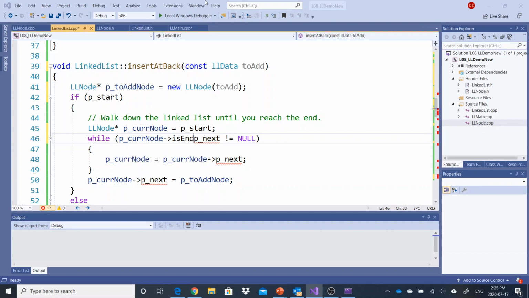as long as I'm not at the end. So I can put a not on the front. As long as I'm not at the end, I'm going to keep on walking down this thing. I'm going to get to the very last position. I'm going to just change the